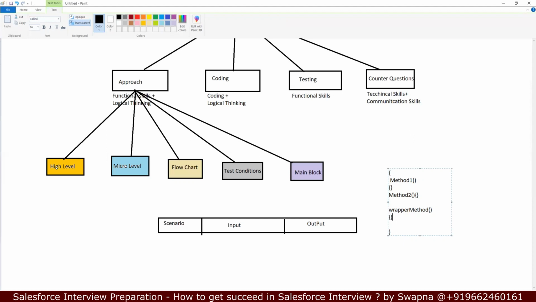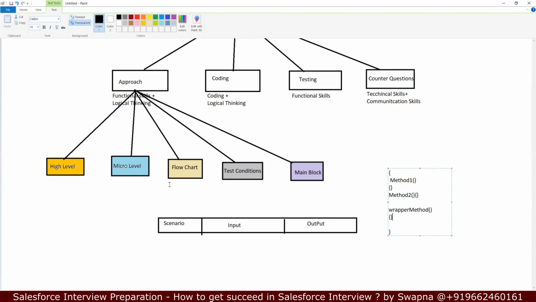And then based on the flow, we have a flow chart, right? Based on the flow, start writing your logic. It will be very easy once you have the flow chart in front of you. What logic do I need to include? How many if conditions? How many for loops? It will be very clear. Start writing the code.